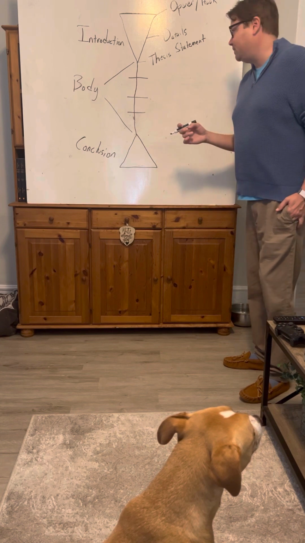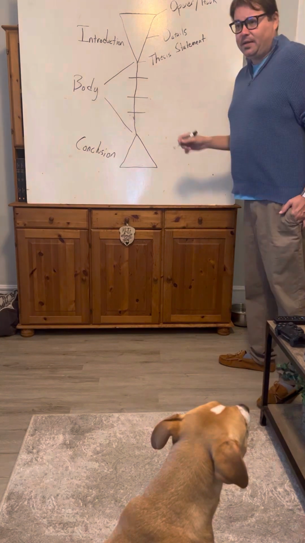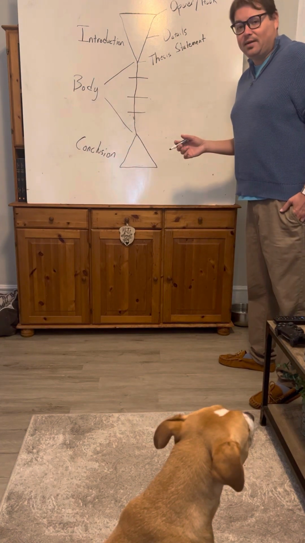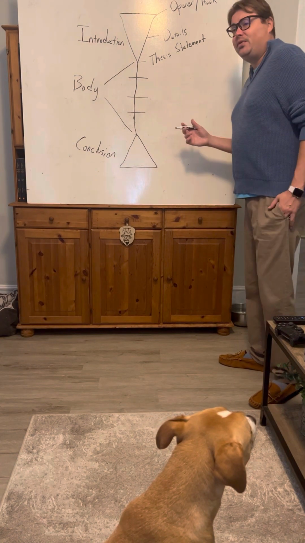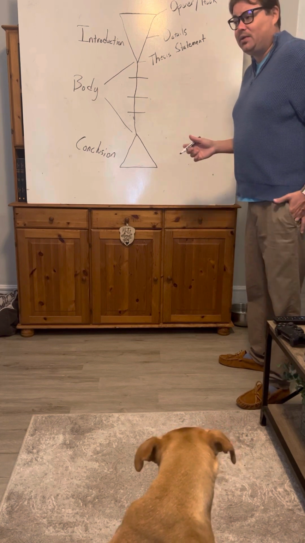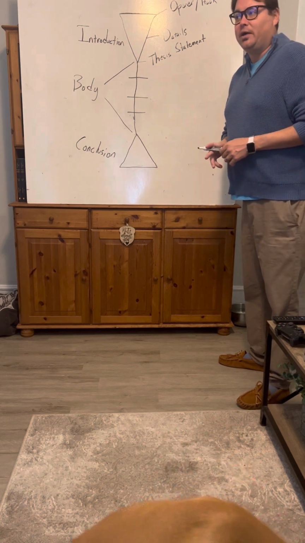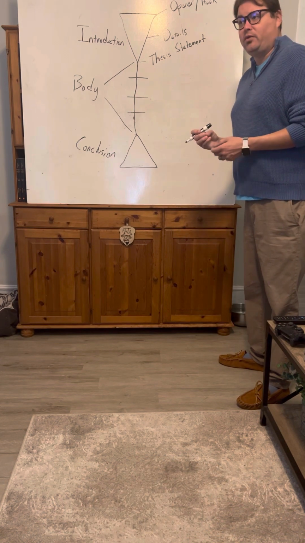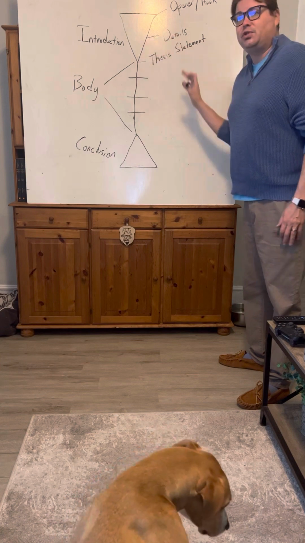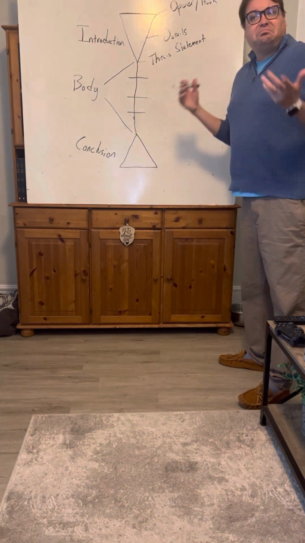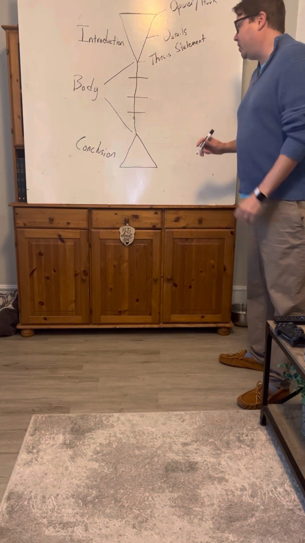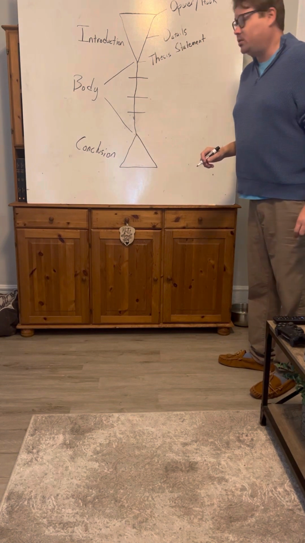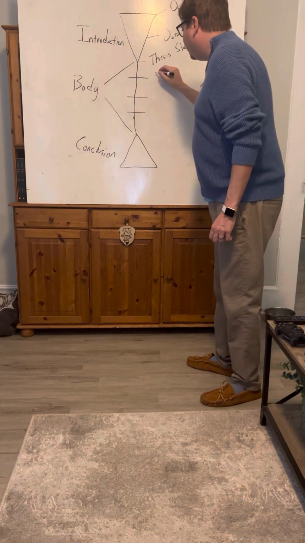But we have a better idea of what most teachers, professors, instructors are looking for when we talk about something being competent. All right, so in our body, we're assuming this is the design of a 5-paragraph essay. So at the community college, I've seen that the 5-paragraph model is a lot of what you're supposed to start with. You can modify this for just about any kind of paper, but let's assume we're writing a 5-paragraph essay. So paragraph 1 is obviously going to be your introduction. Paragraph 2